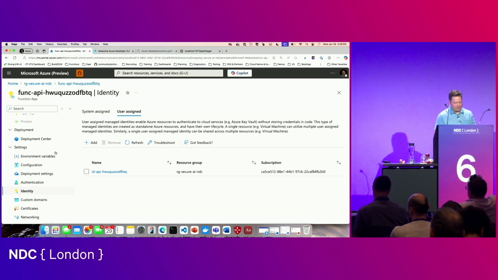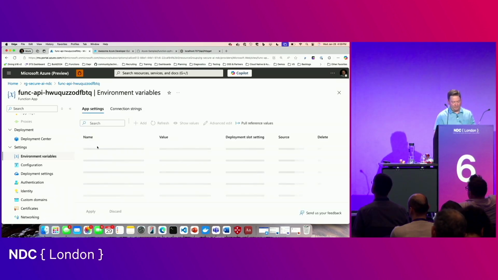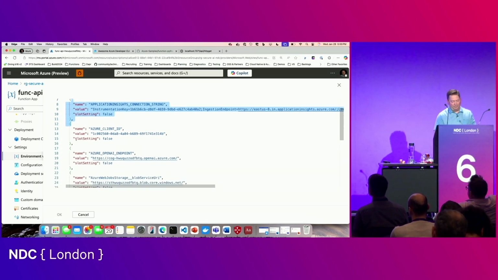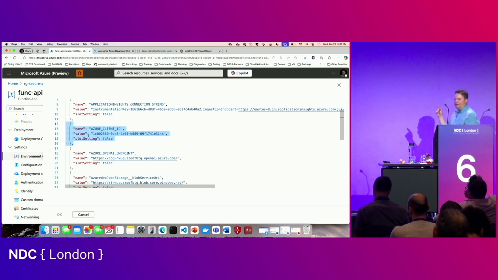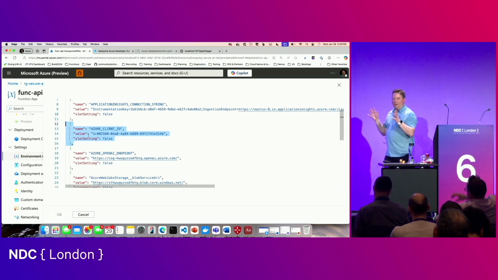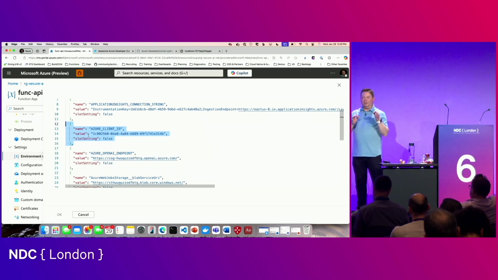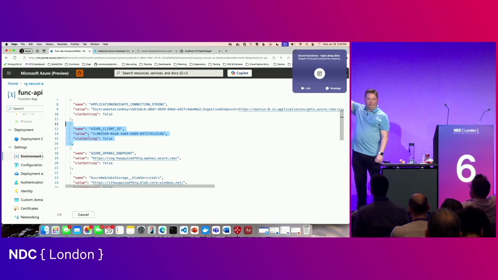And then if I look at the environment variables, let's look at them in JSON view. Same thing as we saw before. App Insights has an identity-based connection string. I'm seeing a couple new things. Globally, I can set the client ID for everything in the entire Azure host app. And this is saying, override whatever you think the default Azure credential is, override it to use this identity.